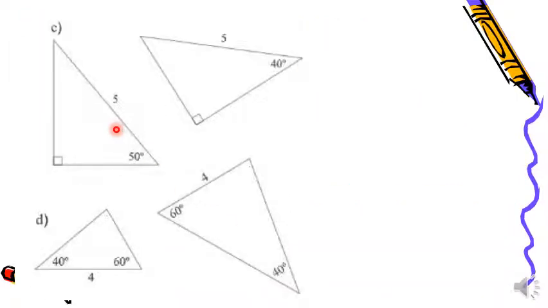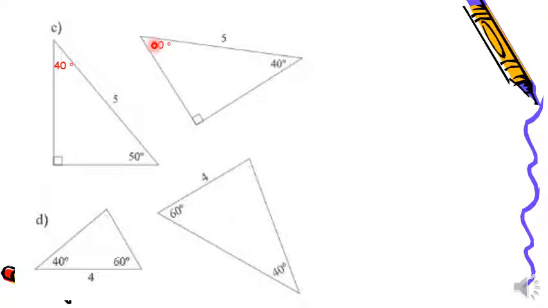Now let's look to part C. Are these two triangles equal? I have 90 equal to 90. Here I have 50, here I have 40. I don't have equal angles, but look, I have two angles. Can I find the missing angle here? Yes, I know the sum of angles in any triangle is 180 degrees. So make 180 minus (90 plus 50). So here I will get 40 degrees. Similarly here, 180 minus (90 plus 40), it will give me 50 degrees.